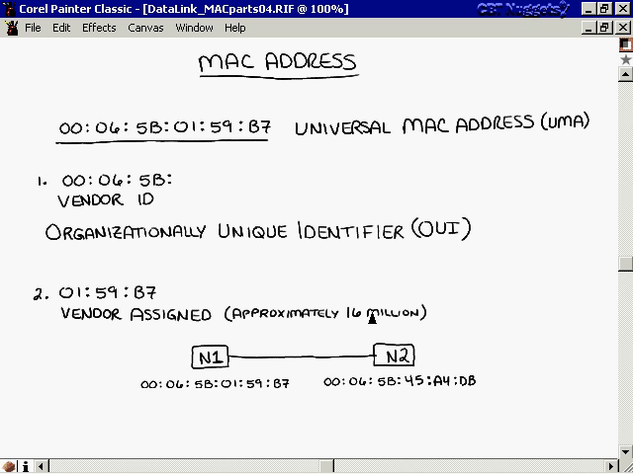Approximately 16 million combinations. So they can make 16 million different UMAs out of one vendor ID. Isn't that awesome? Something else to note here though. All computers, like N1 and N2, communicate via MAC address. This was mentioned in the network layer nugget. Even though they have IP addresses, so they